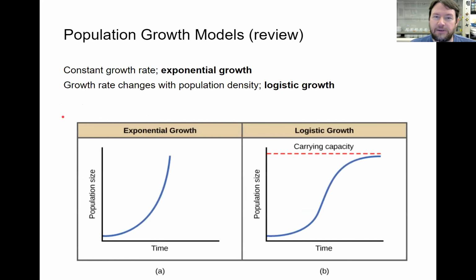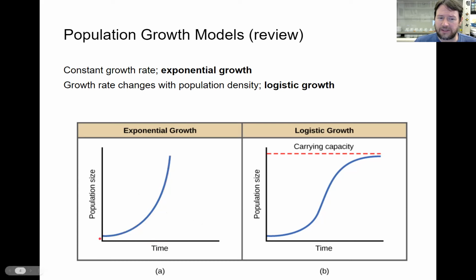All right. So as you hopefully remember from lab, there are two basic models for population growth. The pattern where there's a constant growth rate that doesn't depend on the size of the population, we would get exponential growth if that growth rate is positive. If the population is shrinking at a constant rate, then we'd get exponential decay, which would look a little bit different, but